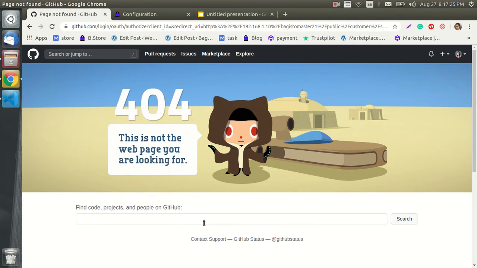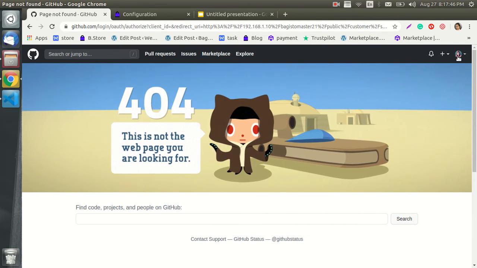So guys, because I have not configured the API key as of now, that's why I'm getting a 404 error. For this, as I told you, we have to configure the API key with our Bagisto web store. So now the admin has to log into their GitHub account, because I'm already logged into my account.